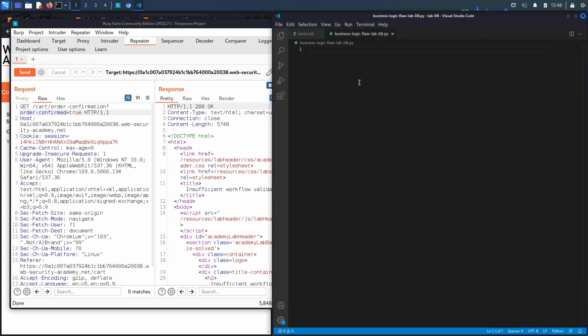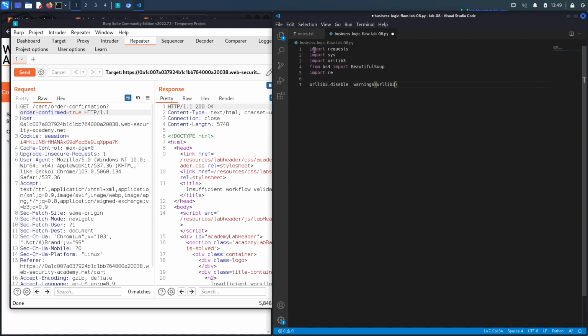Okay, now let's script our exploit. The first thing that we're going to do is import all the libraries that we need. So the requests library, the sys library, the urllib3 library, and then we're going to say from bs4 import BeautifulSoup, and we're going to import the regex library as well. And then we're going to disable insecure request warnings. So disable warnings,